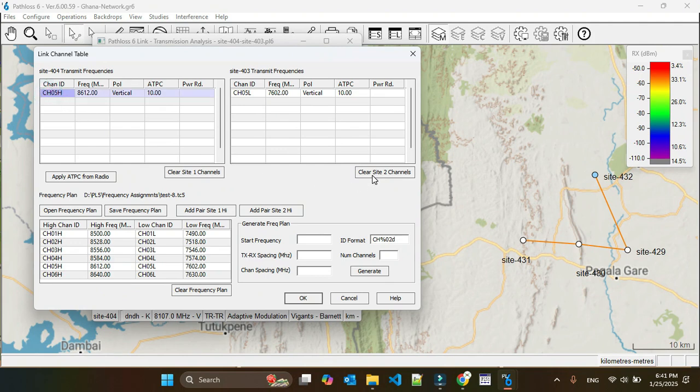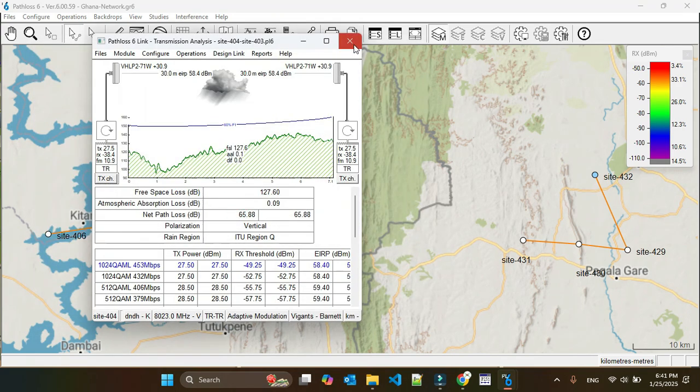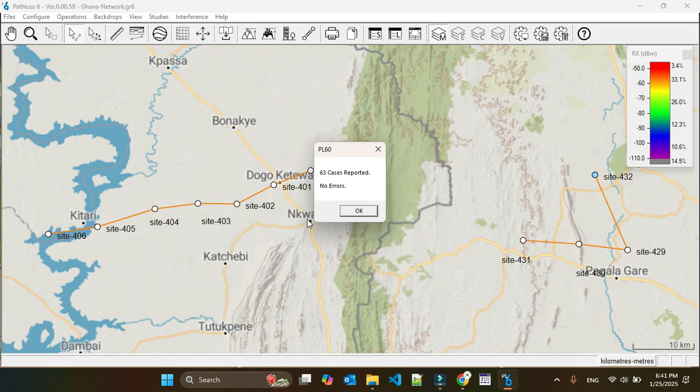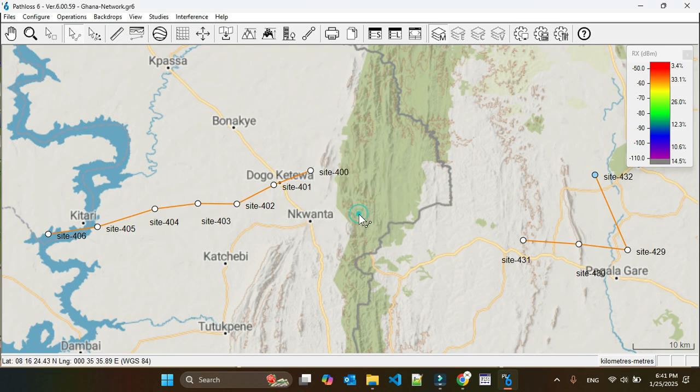So let's change it. This is channel 1 high. Let's make it okay. And then I will run it again. So I was not able to reduce. I increased from 62, it went to 63. So I was trying to tell you that when we do it, sometimes it may not work as we expect. So what is the kind of solution, how should we go ahead? First thing is that